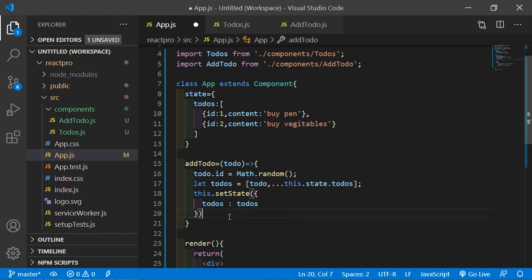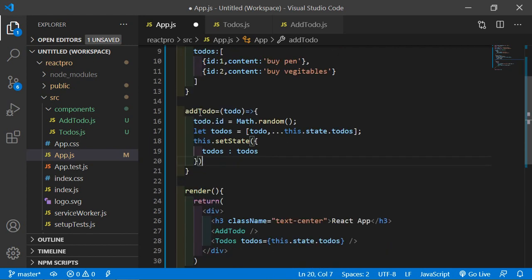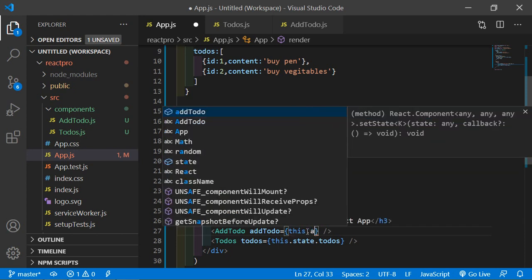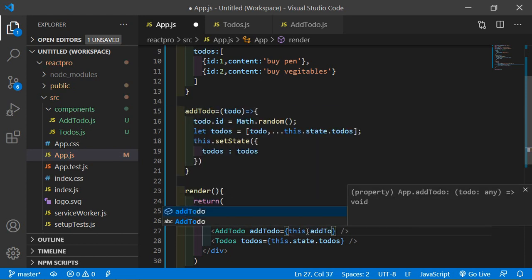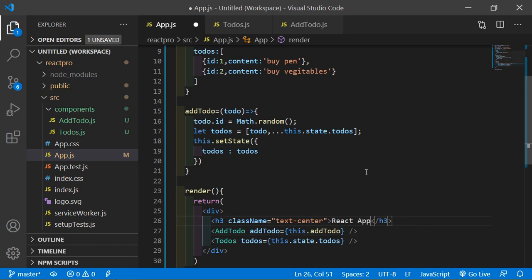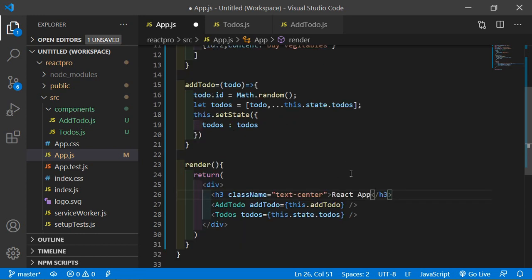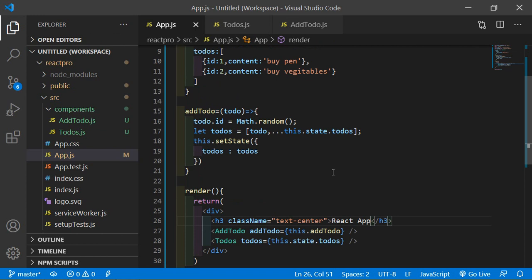All right, now pass this method to the AddTodo component. So just write here addTodo is equal to this.addTodo. Okay, now save the file